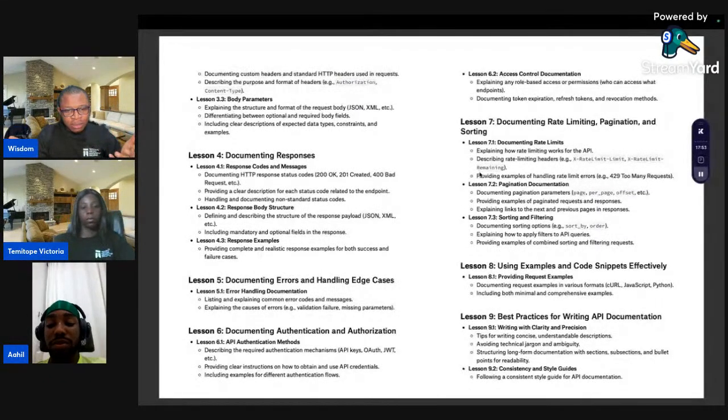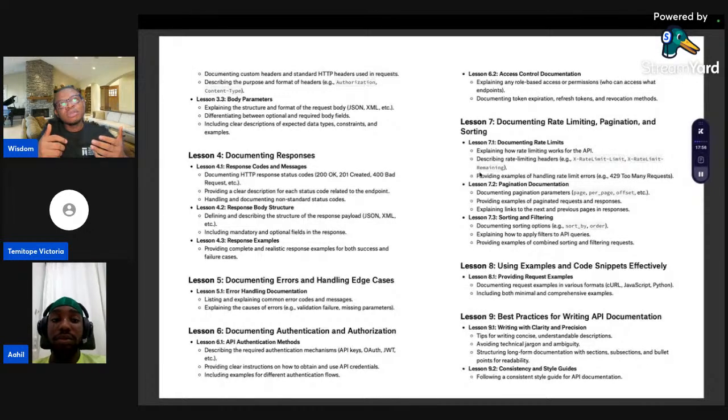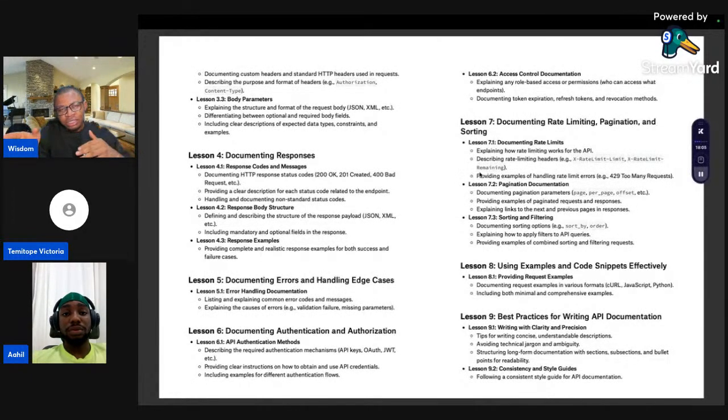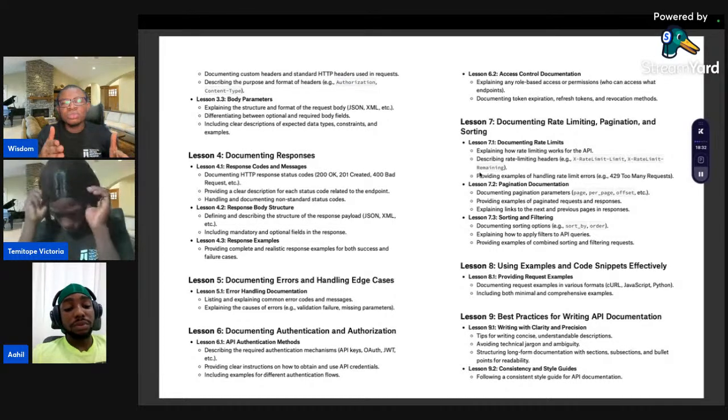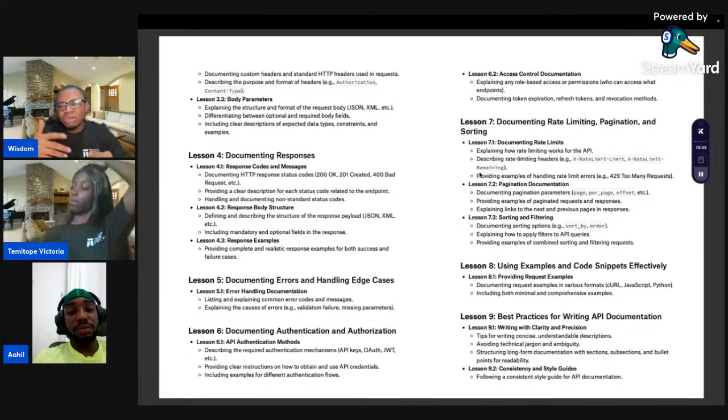You understand? For example, let's use this popular REST API docs, MovieDB. They have a section where they explain the authorization. If I want to use MovieDB right now and they have authorization but didn't include it, I will get stuck. I won't be able to use the MovieDB API, and I will leave it and go for something better, an alternative. That's the reason why you need to have that explained. Even if you do have it, you need to know how to explain it so it's easier for people to understand.